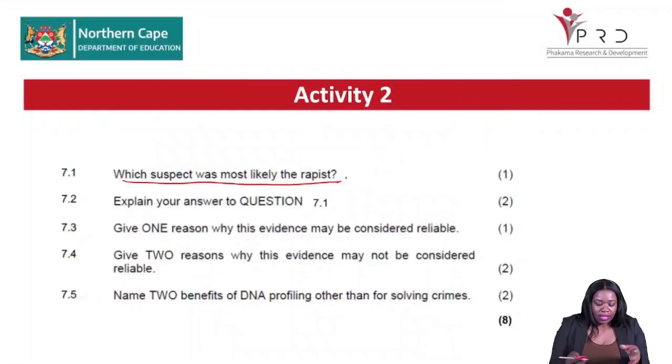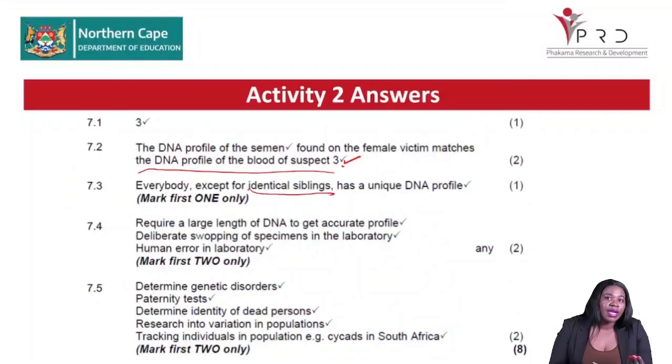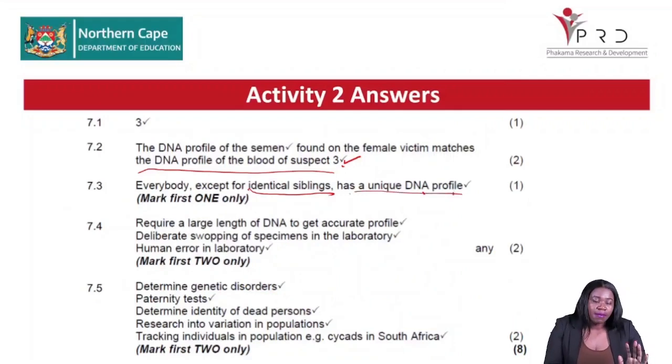So why is this considered reliable? Why can we say that this is the one that committed the crime? Because of the way that the two profiles match with each other, we can then say that this is the person that committed the crime, because no one else can have this kind of DNA profile except if he had an identical twin. So if he does not have an identical sibling or an identical twin, no one else can contain that kind of a DNA profile that matches with his. So that is why we can say that he is the one that committed the crime, and we can say